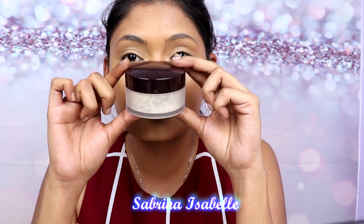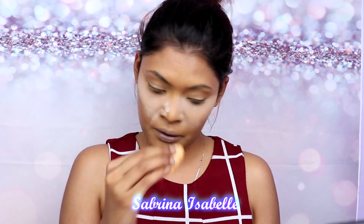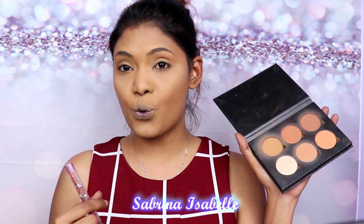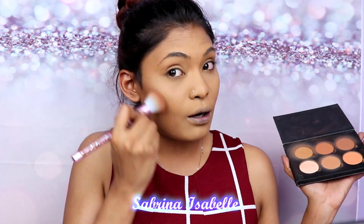I'm gonna set my face with the Mercier setting powder all over my face, because you want to really press in the powder and you don't want your makeup to move, so make sure you press in the powder. For contour, I'll be going in with the Anastasia Beverly Hills Contour Kit in the shade Earth, which really complements